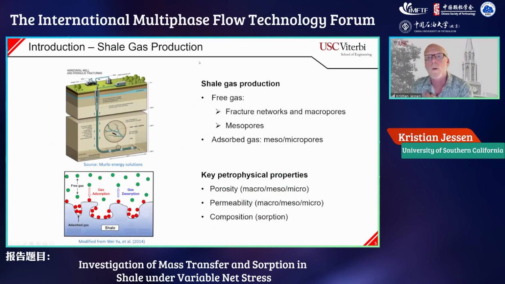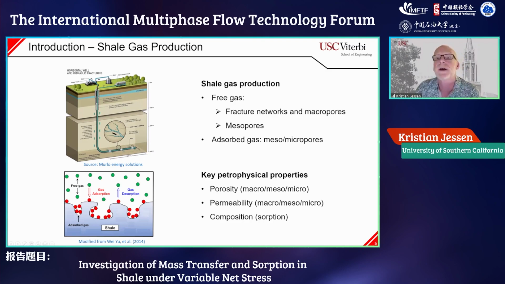Now, why did we become so good at producing shale gas? Well, the main contribution was really development of horizontal wells, multi-stage fractured horizontal wells. Here we just see a single well, but nowadays you have single pads with numerous wells going out in all directions to minimize the footprint at the surface. And we're drilling wells with 20 plus hydraulic stages on a regular basis. So it's really the engineering of long horizontal wells, stimulation technologies that have allowed us to access the resources in